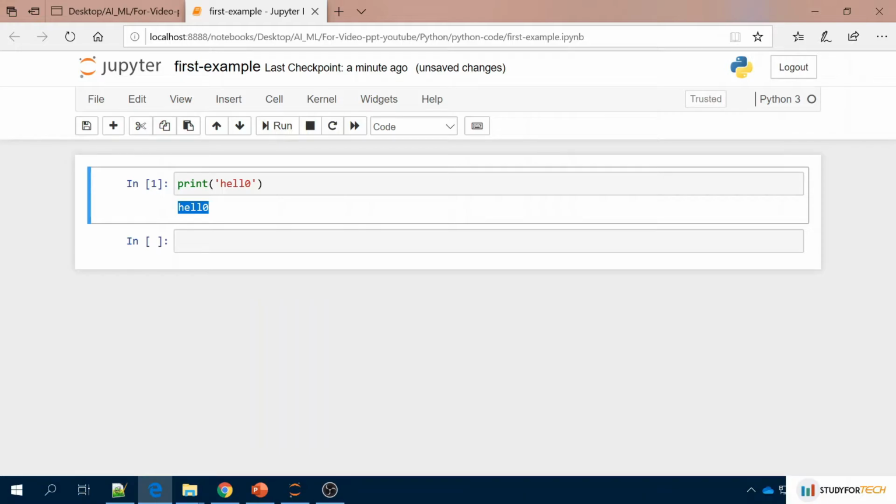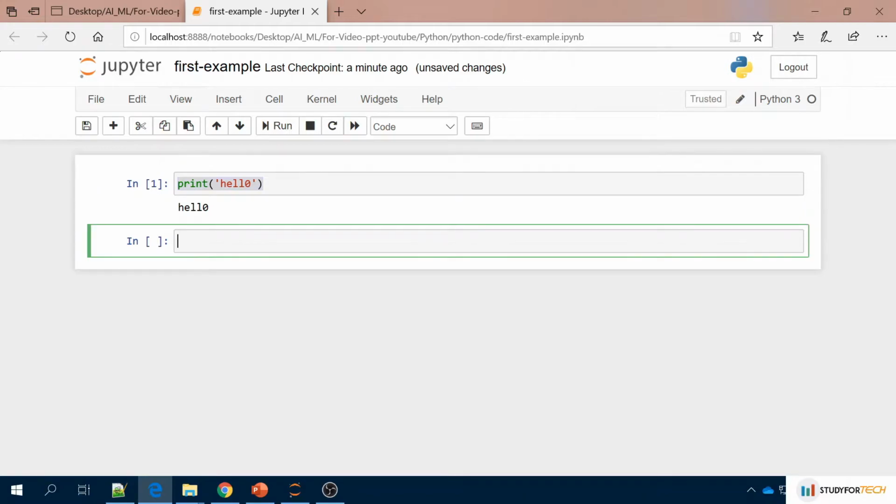Now this is one cell. In this Jupyter Notebook, we say this is one cell, this is another cell, and this cell type is code. Here we also have Markdown, Raw, NBConvert, and Heading. We'll see what Markdown means.